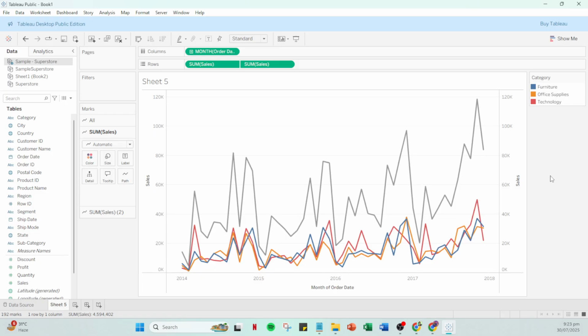With these steps completed, your Tableau graph should beautifully convey both individual category sales patterns and the collective sum of all sales. You're now equipped with a powerful tool to analyze how different categories contribute to overall trends over time. Keep practicing these steps to become more proficient in creating insightful data